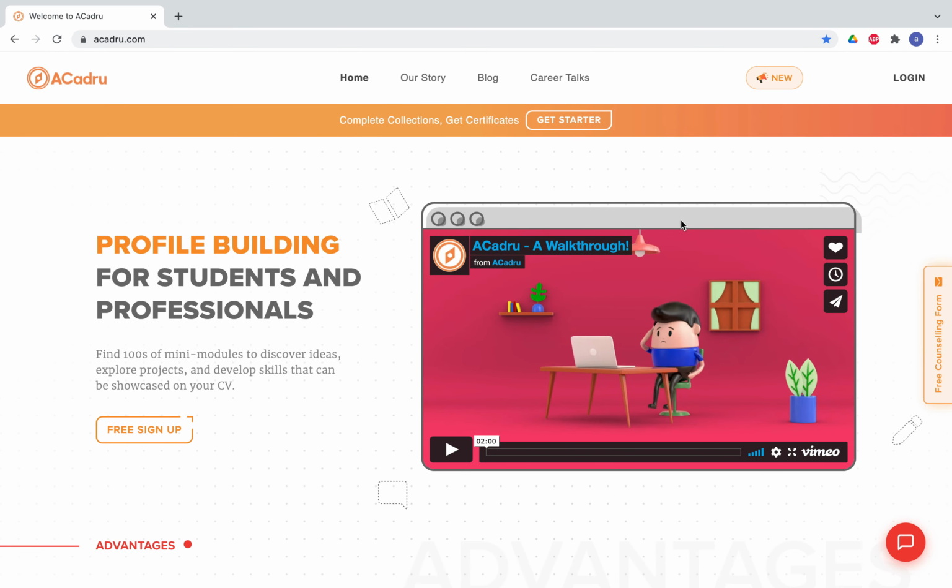This is my library. My library consists of all the modules. This is the hamburger where you can see your profile. You can fill in your details. Now you can come back to my library, and if you want to search any topic or any module, you can search from here. Or if you want to search a module category wise, you can search through here.